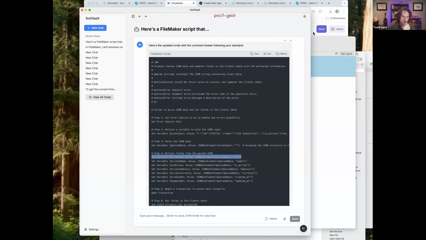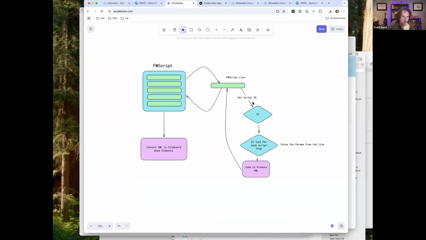So we need a step that uses AI to make its best guess at what script step that is. And then once we know the script step with any certainty, we can write code that generates that XML deterministically, because you will never get the LLMs to generate the XML deterministically. It's not possible. You'll never get it to reproducibly create the right XML.